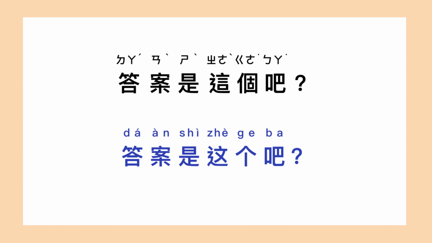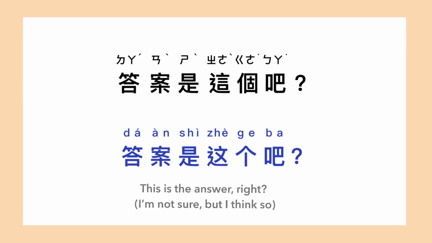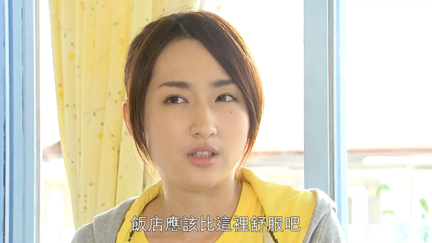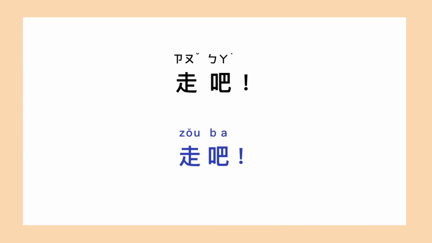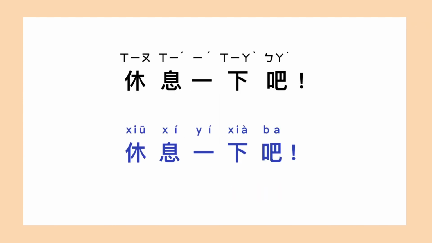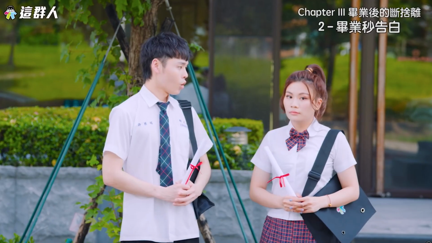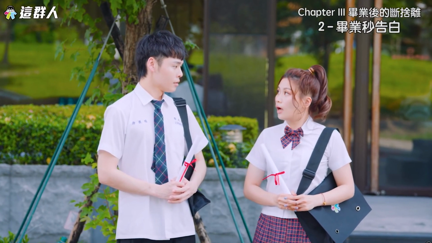答案是这个吧？This is the answer, right? 饭店应该比这里舒服吧？ 吧 can also be used to give suggestions. For example, 走吧。Let's go. 休息一下吧。Take a rest. 我怕会有遗憾，我们结婚吧。 哈？